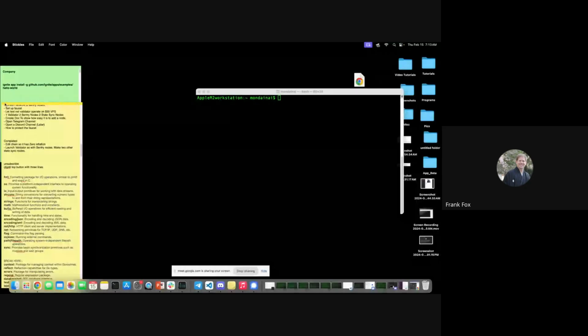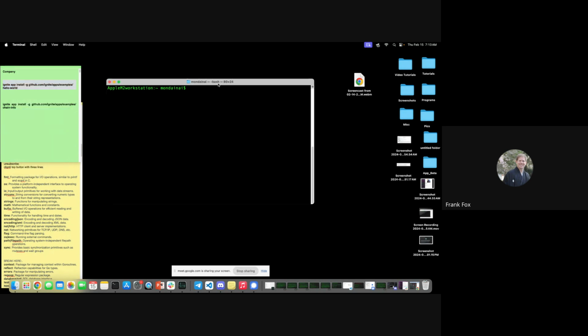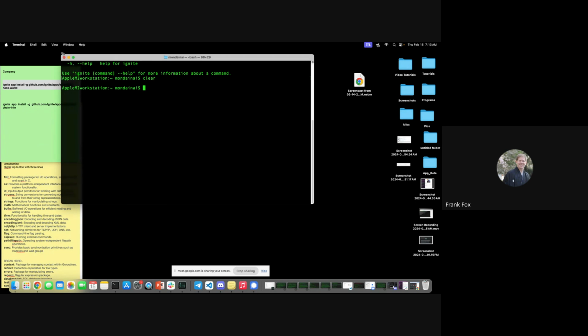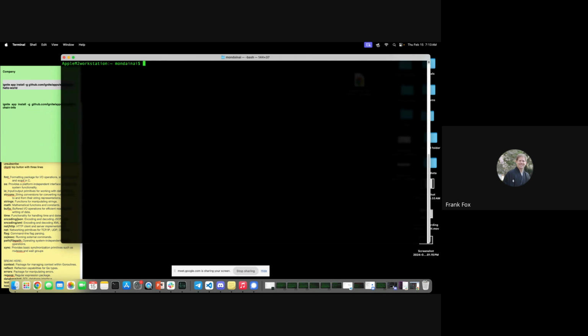Can you see my screen? Yes. Okay, great. Let me just get this a little bit bigger. I'm pretty excited about apps and their functionality and everything that they allow you to do. Sorry, for some reason it wasn't allowing me to show my Bash terminal window.